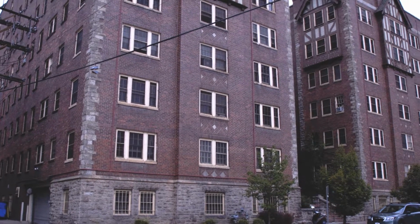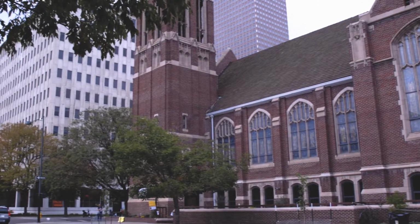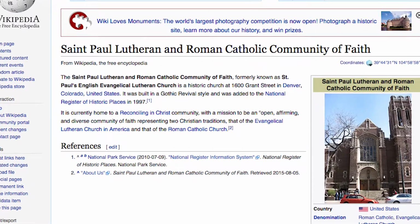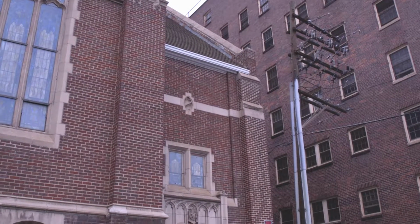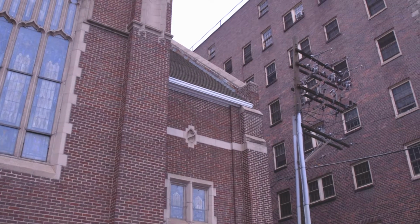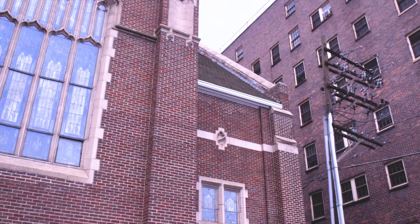Right, so there's the Governor Arms Apartments. Right next door is the St. Paul's Lutheran Church. Let's see if we can find what we can on that. Okay, so we're going to find some date information on it if we can. But just to describe it, it's definitely red brick, probably a little older than the Governor's Arms. But if you look at the brick and the concrete capping on that wall, I guess that would be the east wall,